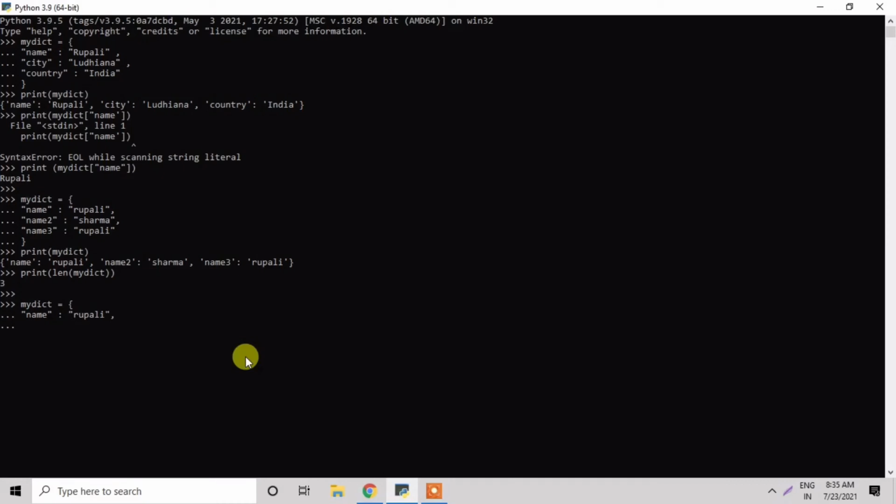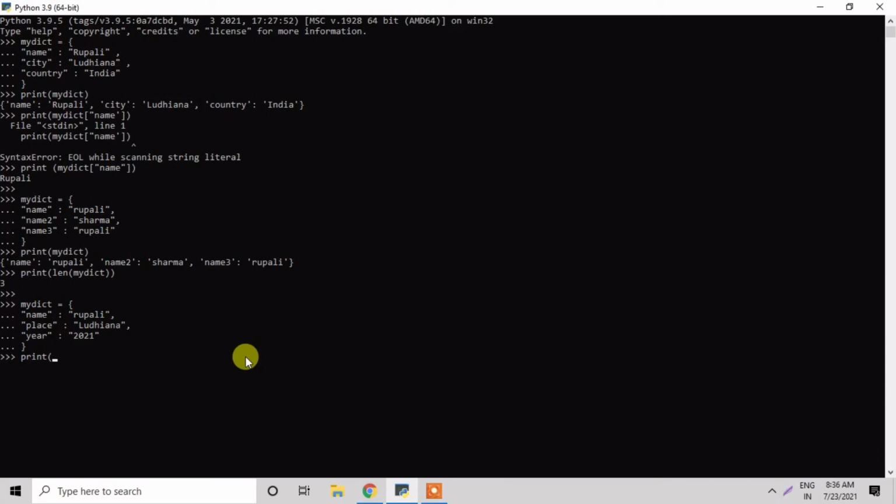Now a comma, and the second one I take as place, with the value Ludhiana, and the third one I take as year, and here I write 2021. Now we'll see the type.